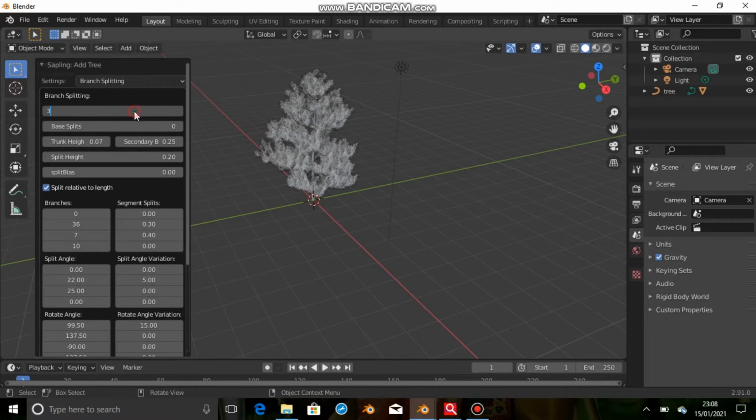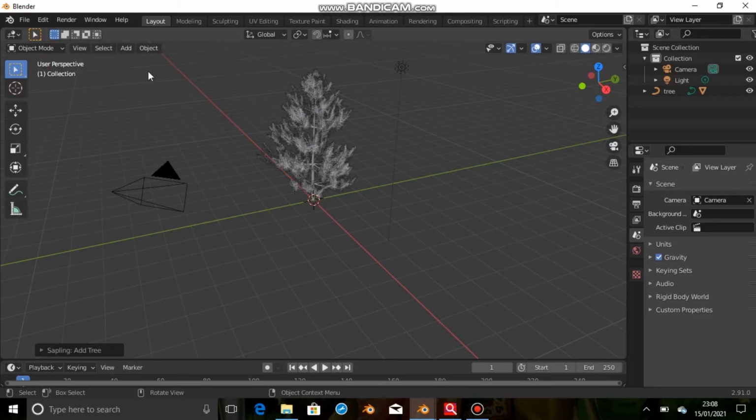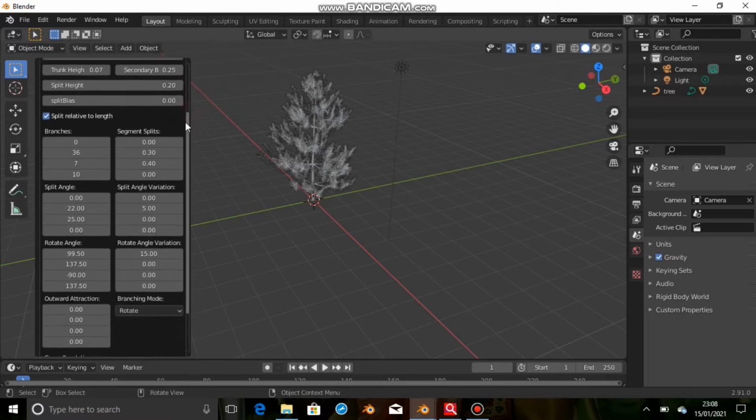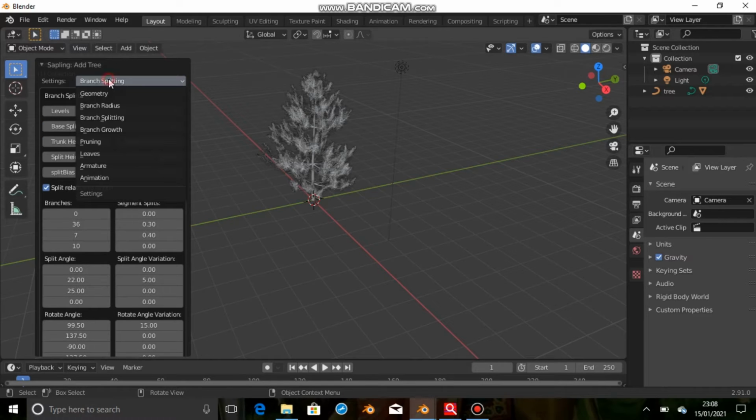Oh, it's better to have 3. So it is perfect.